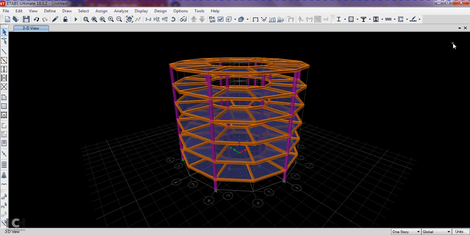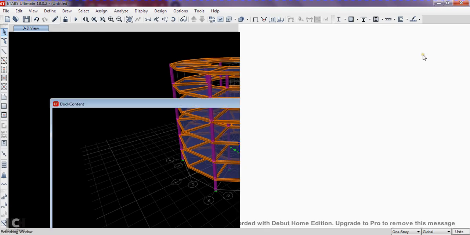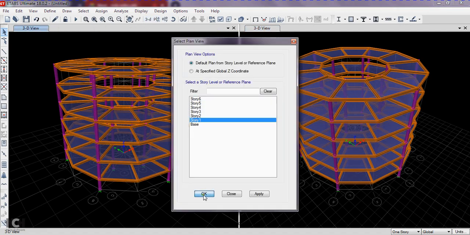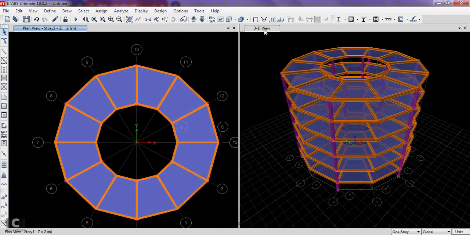We can do one more thing. You can add a new window. Here I'll make it plan, story number 1. Here it is 3D. So in this manner we can draw the circular thing also, if the plan is circular in shape. However, for circular plans, we have to prepare some rough sketch first, because even if you do it directly in the software, it will be quite difficult. If we first prepare a rough sketch, then it would be easier.